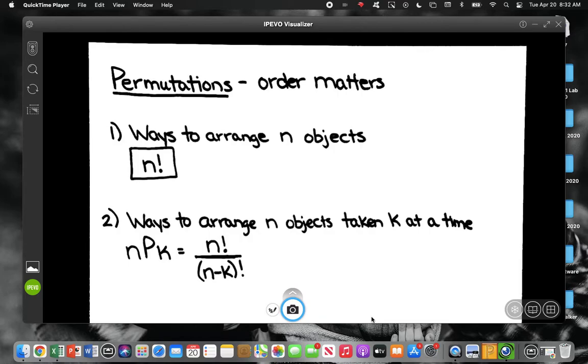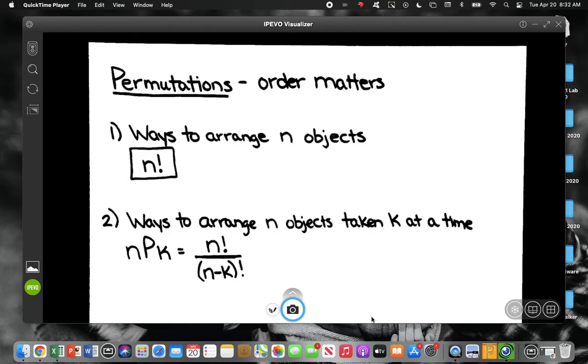Now, if I said you have 6 books on a bookshelf, selecting them one at a time, that means the order matters in how I'm picking them. How many ways could I pick 4? This is where I'm taking a few out of the group. I'm not arranging all of those, and so that had a formula with it. So when order matters and you are selecting a certain number,